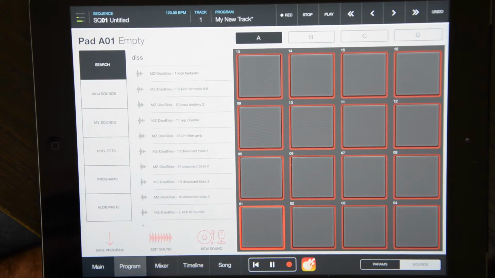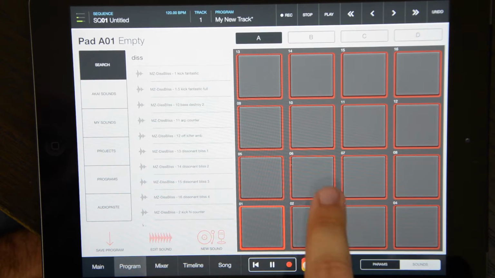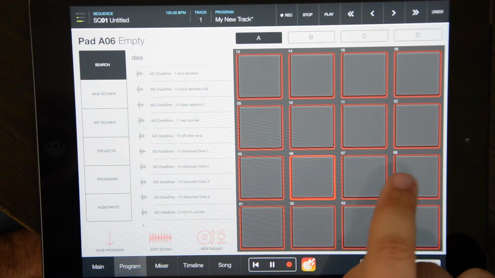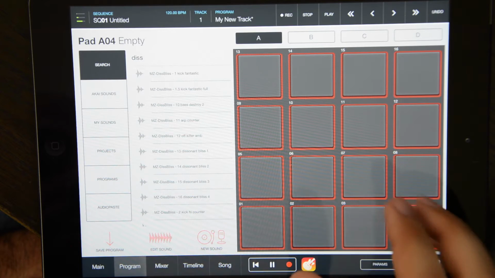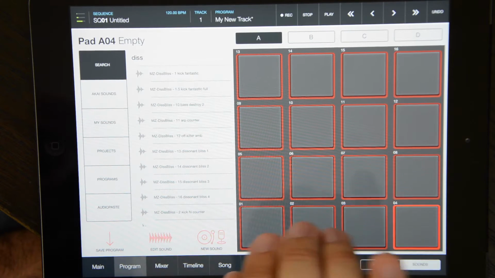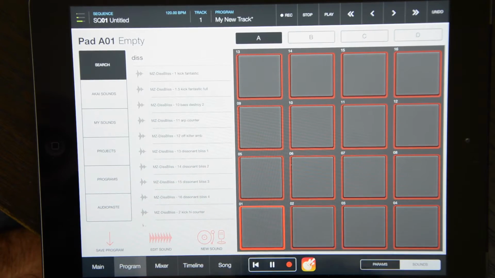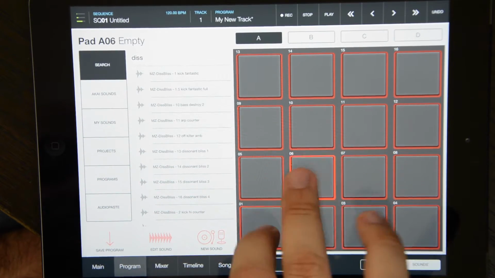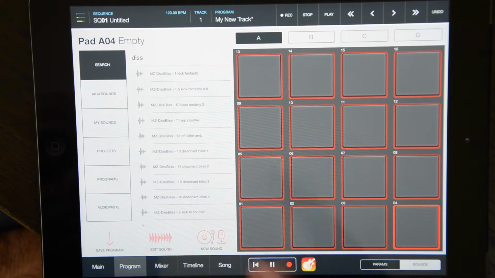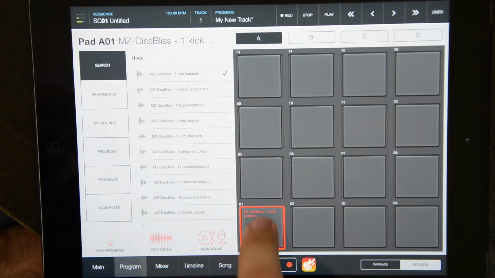Okay, so what I like to do is start in this area with foundational sounds like the kick drum, the hi-hat, the crash right here, maybe right here, and then right here on the other side of my hand, I'm gonna put a snare. So this is gonna be the foundational movement. You may have seen other videos that I do. So I want to put the kick right here. I'm just gonna drag it on.